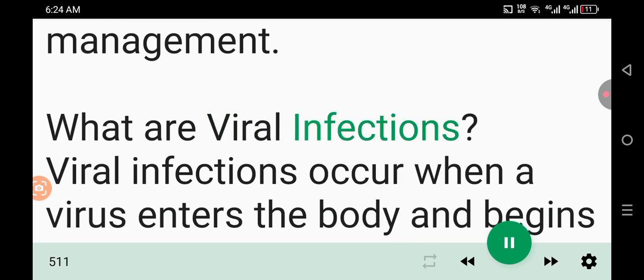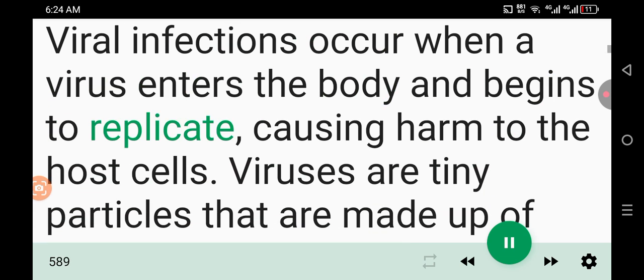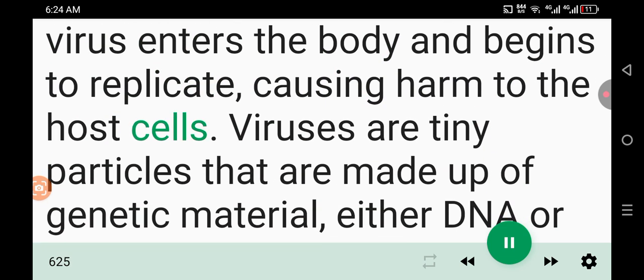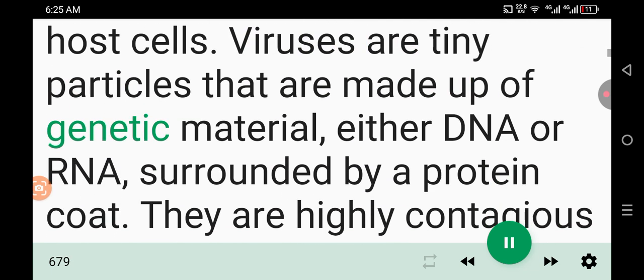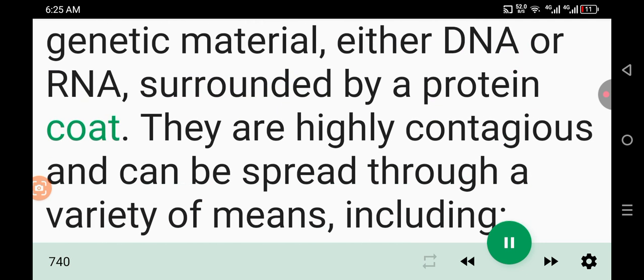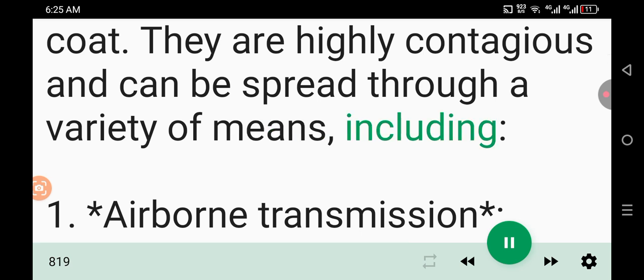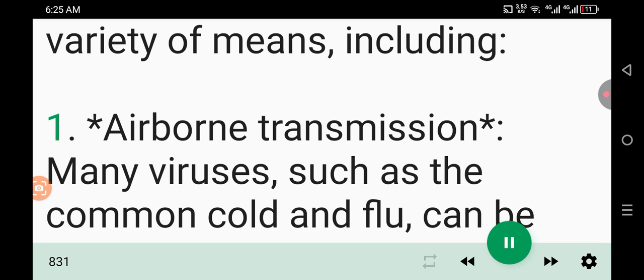What are viral infections? Viral infections occur when a virus enters the body and begins to replicate, causing harm to the host cells. Viruses are tiny particles that are made up of genetic material, either DNA or RNA, surrounded by a protein coat. They are highly contagious and can be spread through a variety of means, including: